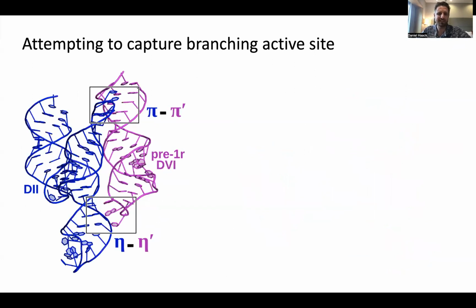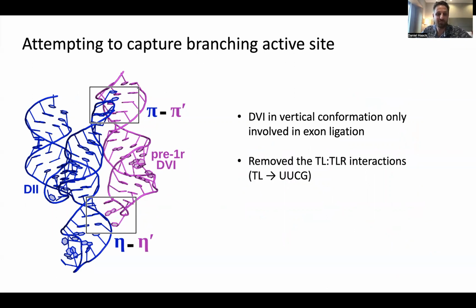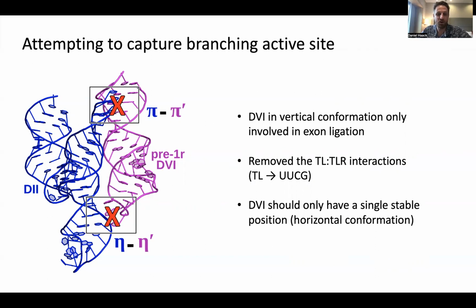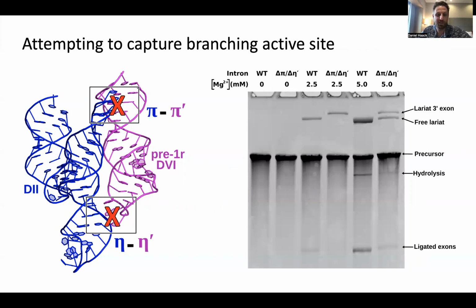Based on my previous findings, I knew that D6 needed to be in the horizontal position, so I decided to stack the deck in my favor by disrupting the pi and eta interactions by mutating the GNRA tetraloops to non-interactive UUCGs. Now, the branch helix should only have one stable position and hopefully enrich my specimen with branching-relevant intermediates. Analyzing the mutant through an in vitro splicing assay, it was clear that the mutations caused a strong defect in the second step of splicing,